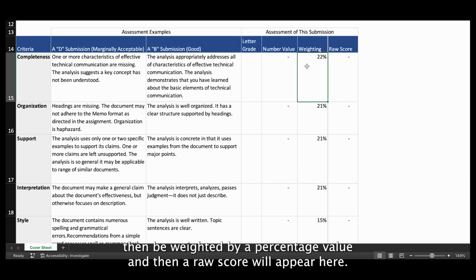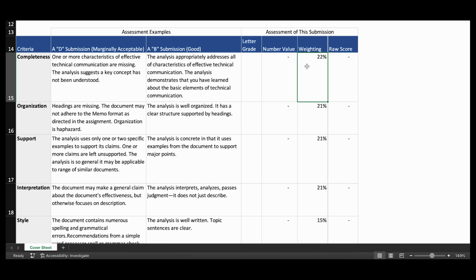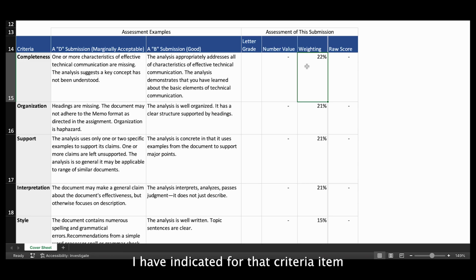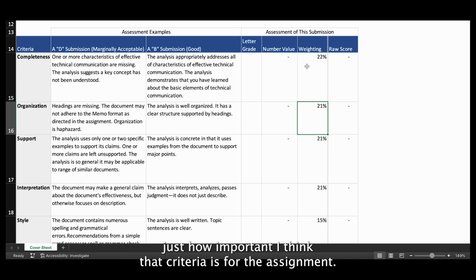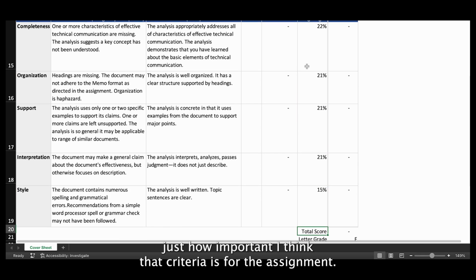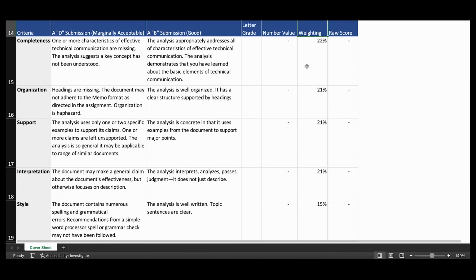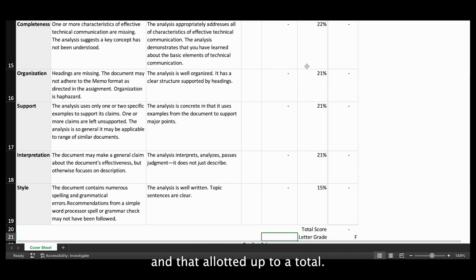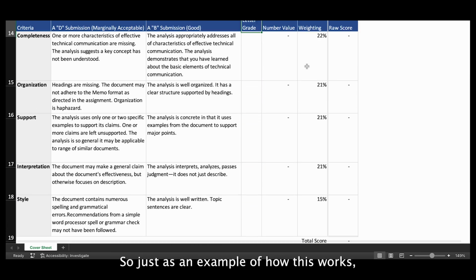That number value will then be weighted by a percentage value, and then a raw score will appear here. What I've done here is that where it indicates weighting, I have indicated for that criteria item just how important I think that criteria is for the assignment. So then that number value will be weighted, appear in a raw score here, and that'll add up to a total. So just as an example of how this works,